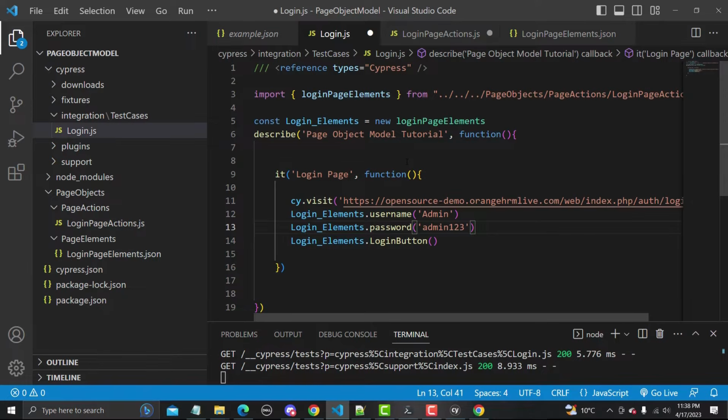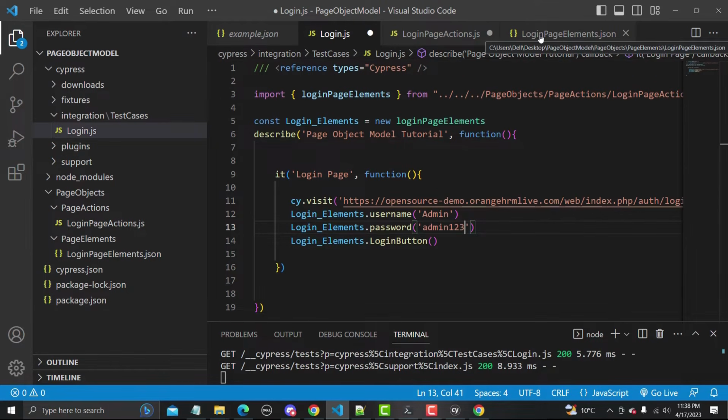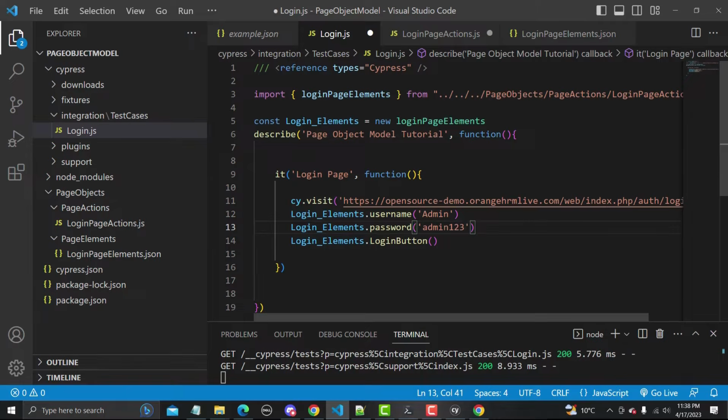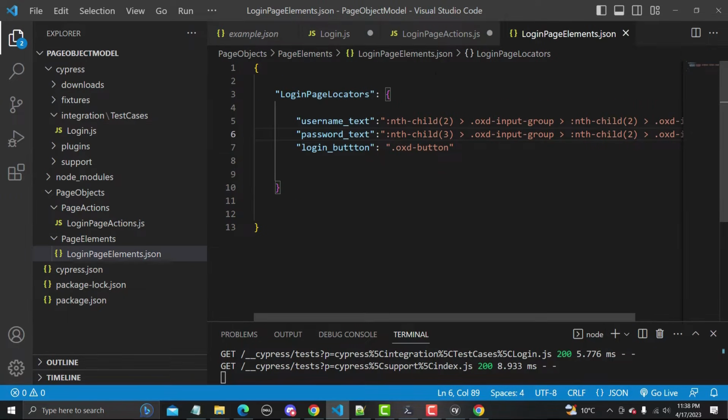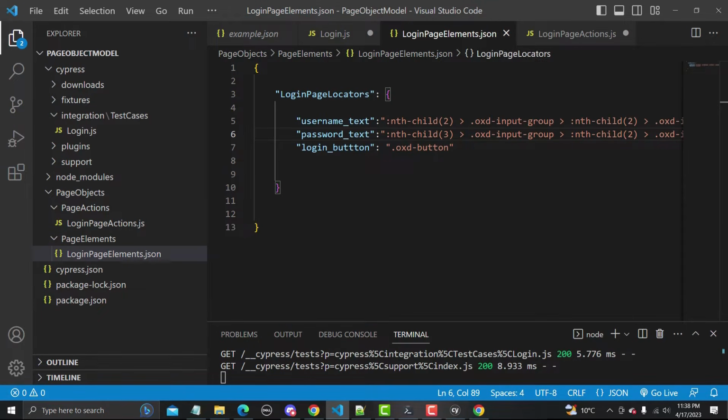So this is our test case where we are calling our elements, right? And this actually works in this way. So this is our test case. Here we have all the elements, and on these elements, so let me change this one here.